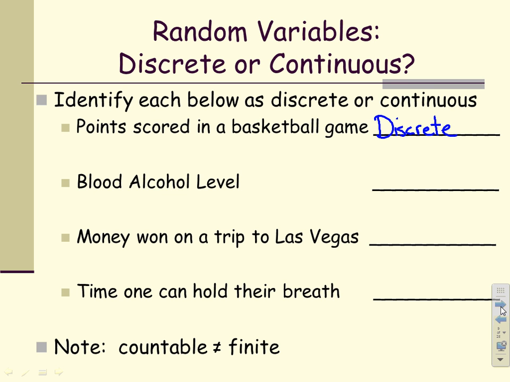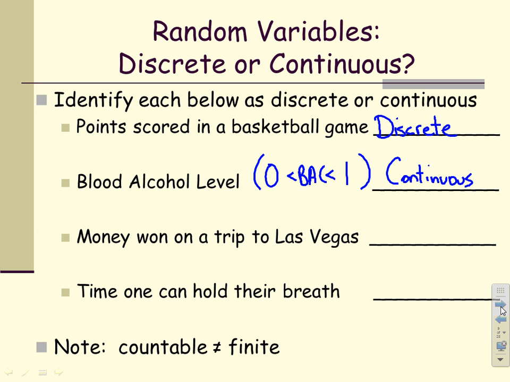Blood alcohol level. Well, your blood alcohol level is a measure of how much alcohol you have in your blood, and it's being measured as a proportion. So that proportion, we'll call it BAC, has to be less than 1 because it can't be more than 100% of your blood in your body, and it could be equal to 0, but it can't be less than 0. Okay? So if we think about it, it could take any values from 0 to 1. So it could be 0.08, the legal limit, or it could be 0.000567. In that particular case, since it could take any value along that range, that's going to represent a continuous